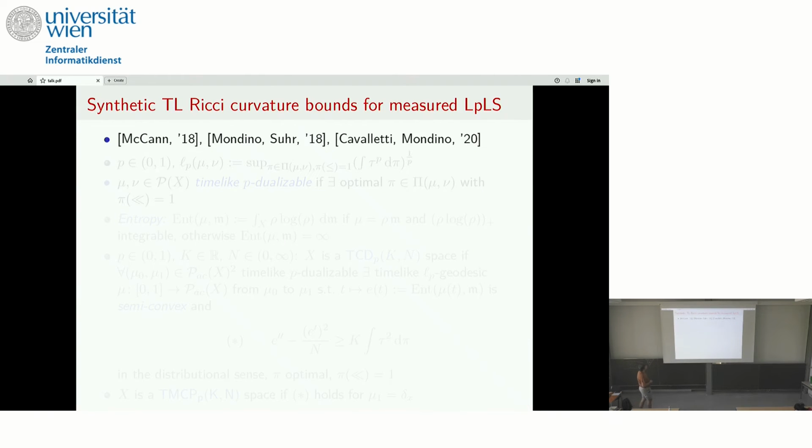And then, so this was a paper some time ago, and now we want to study what happens with time-like Ricci curvature bounds in these cones. And for that, we not only need the Lorentzian space, but we need a measure. Andrea mentioned that, but I will give a bit more details. So this is following the work of Andrea and Stefan Suhr and Robert McCann in the smooth spacetime case. Then Andrea and Fabio Cavaletti gave the following definition. But first, we need some notions, like the Lorentzian-Wasserstein distance.